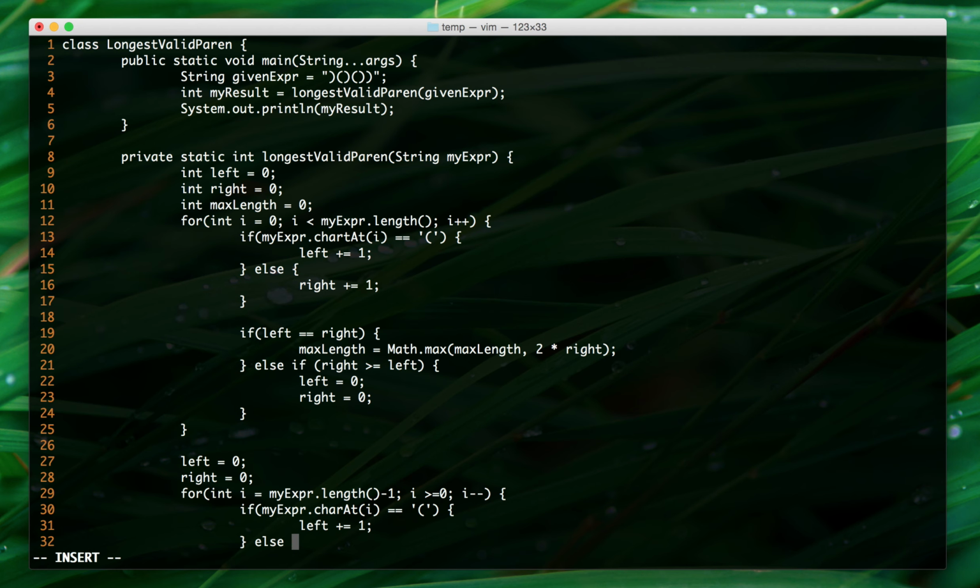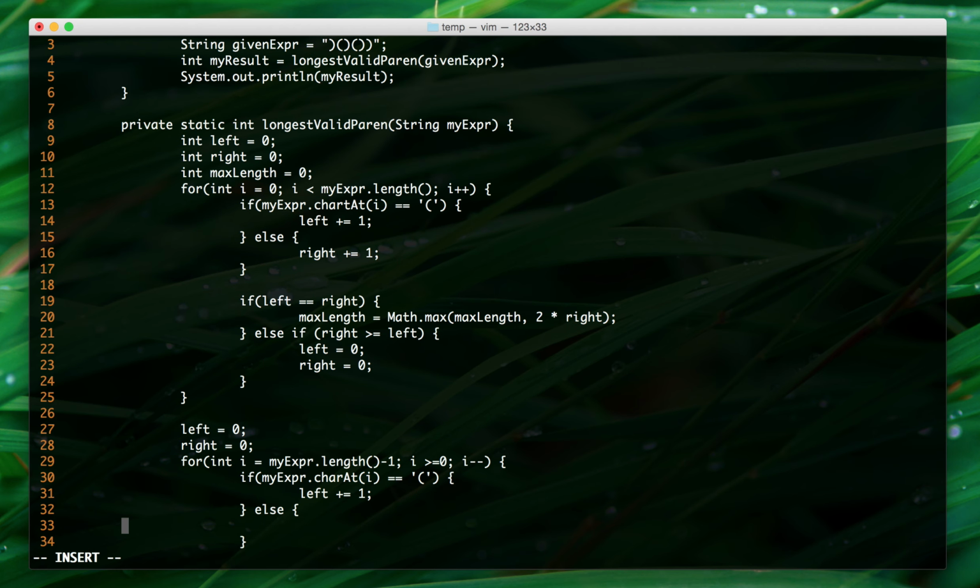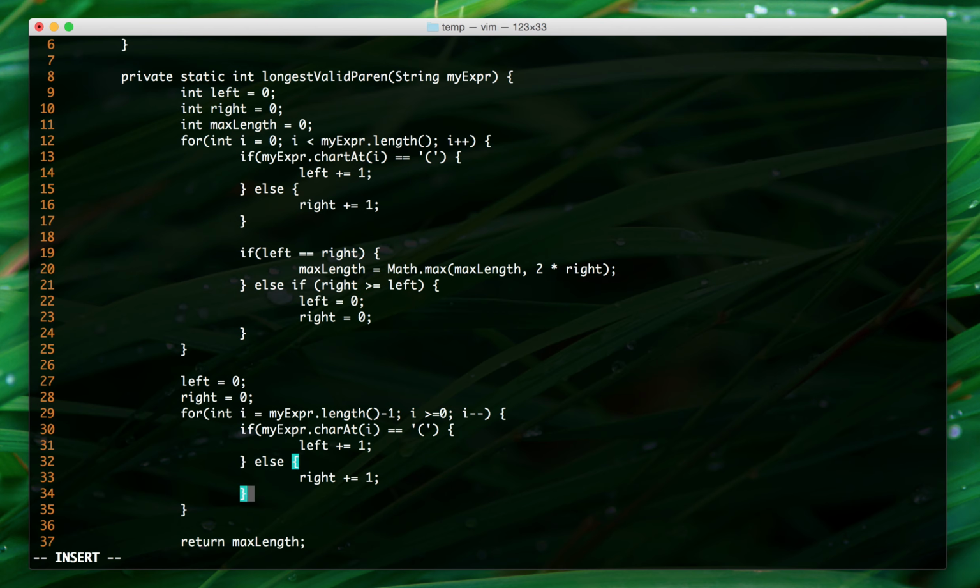Otherwise, we're going to increase the right count. And then, like before, we have to check if left is equal to right,